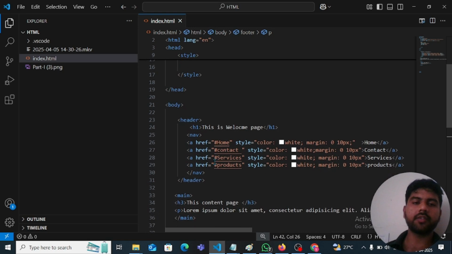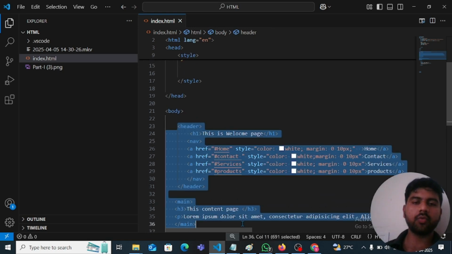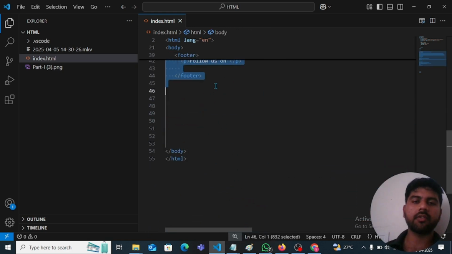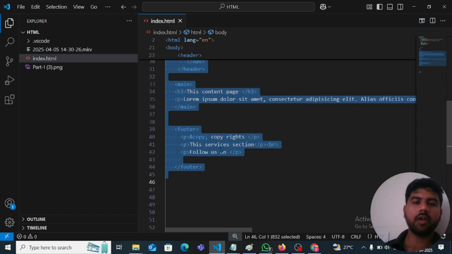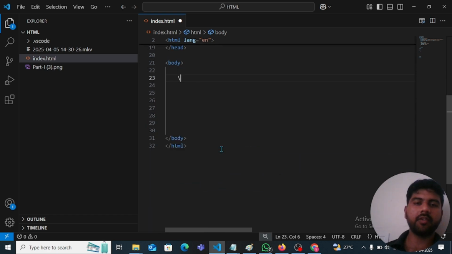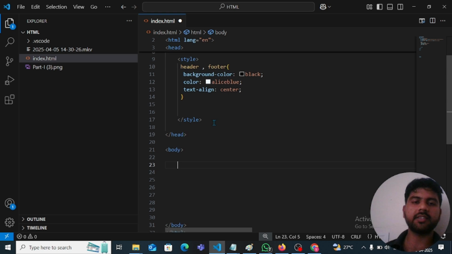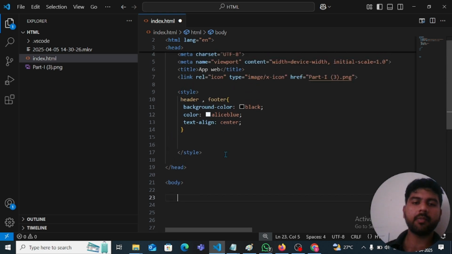After that, I would like to cover some topics about forms. So I'm removing this for the time being. I hope you understand about this footer and what the header section is and everything. I'm removing all of this, and now I would like to tell you about